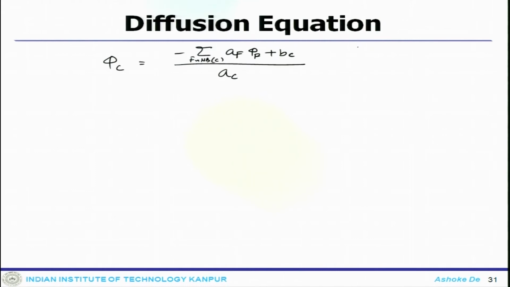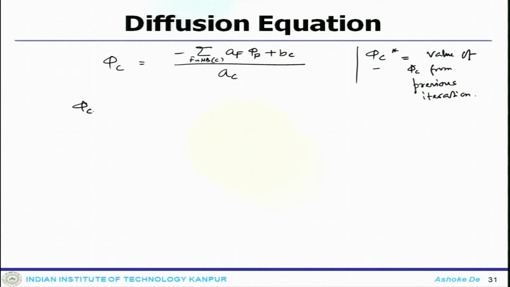So, let us define phi_C star, which is the value of phi_C from the previous iteration. Okay. So, phi_C star I can add or subtract.